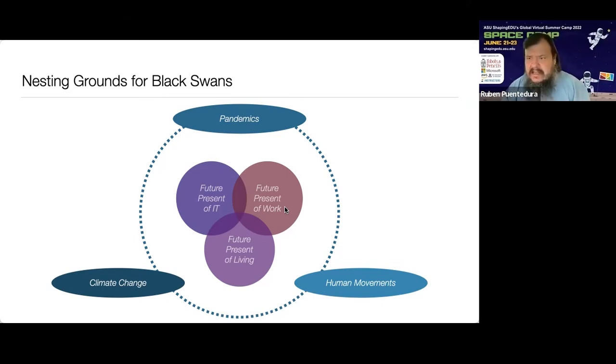And one is IT, information technology, much more than just AI. I'll come back to that in a second. The second one is work: what we consider as work, how work takes place, etc. And finally, living, a category as to how people might choose to live, what they value as the good life, what they can afford to achieve as the good life, etc.